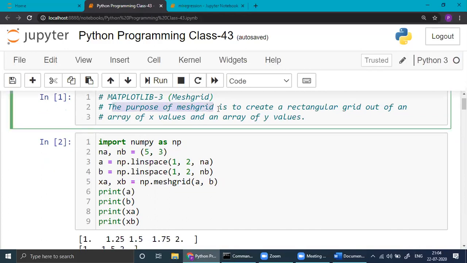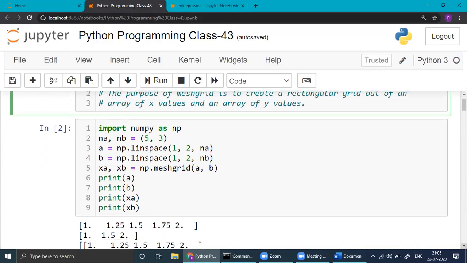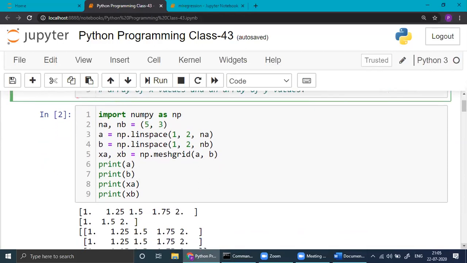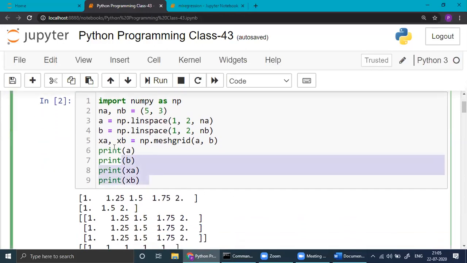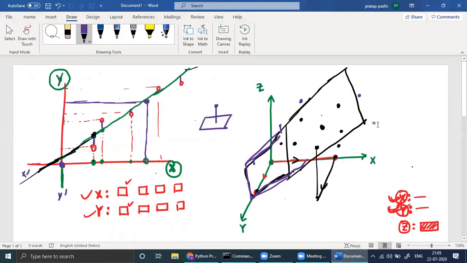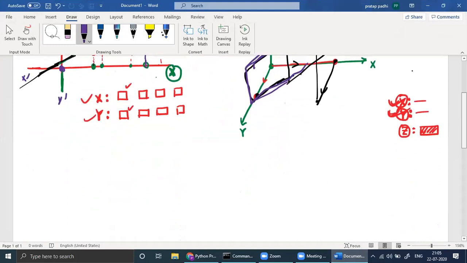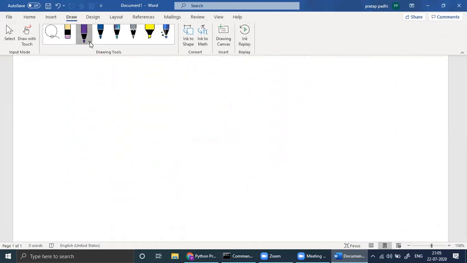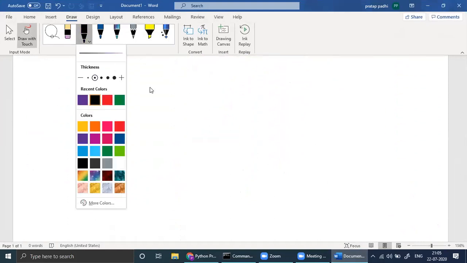The purpose of meshgrid is to create a rectangular grid out of an array of X values and an array of Y values. Here, see the simple one. We'll start with this one.